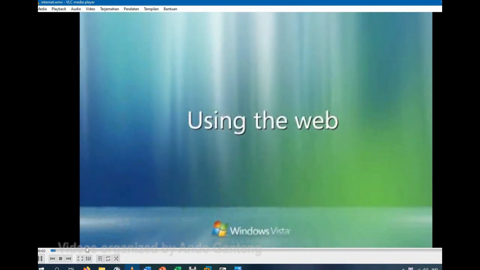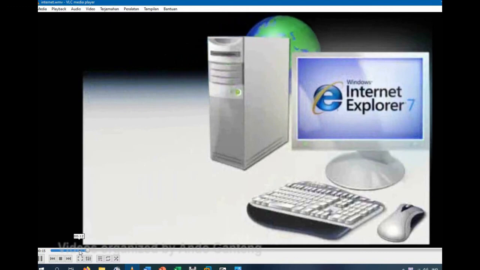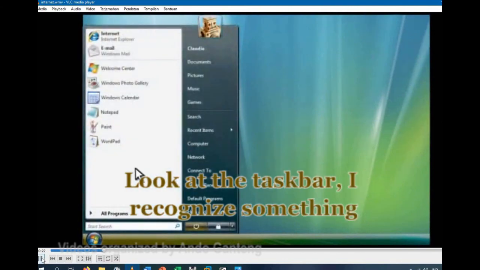The World Wide Web is part of the Internet, using a web browser. Here are a few tips for using the Internet Explorer web browser to get around the web. Like other Windows programs, you can start Internet